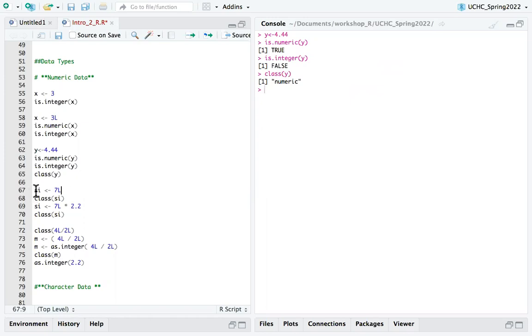The next one is creating another integer, 7, as C assigned 7L. We check the class of C, and it is integer. Now let's say you want to convert this integer into a